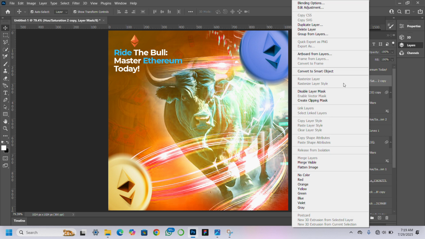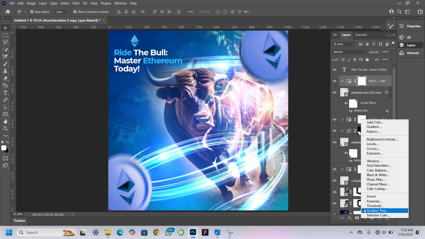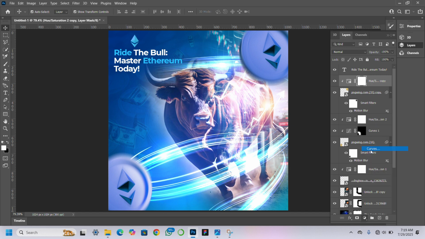So I will create clipping mask to clip it on this particular image. I don't need to duplicate the curves. The next thing I'll do is click here and then add curves again,